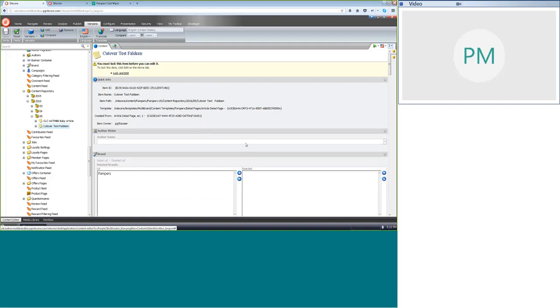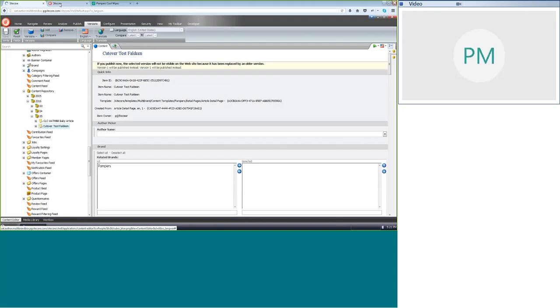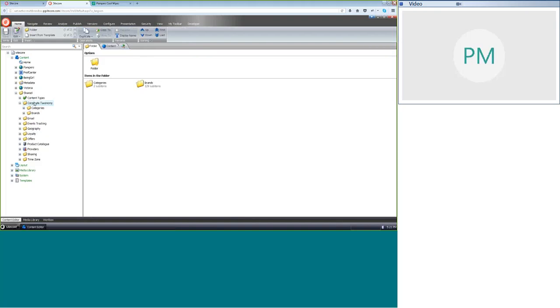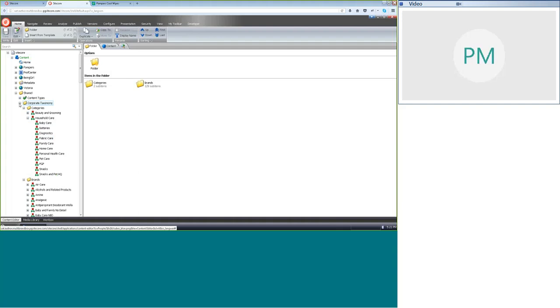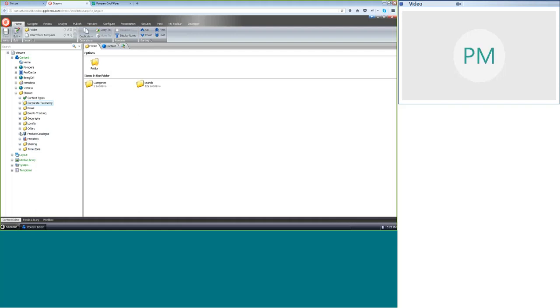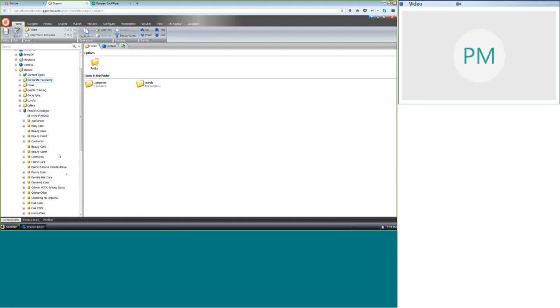Now, if the migration is successful, then the PG taxonomy field is going to go away, meaning that we will no longer be using items from these two. We will instead be using items from the product catalog. So let me collapse that, and let me open up the product catalog right here. So what is the product catalog? It's just